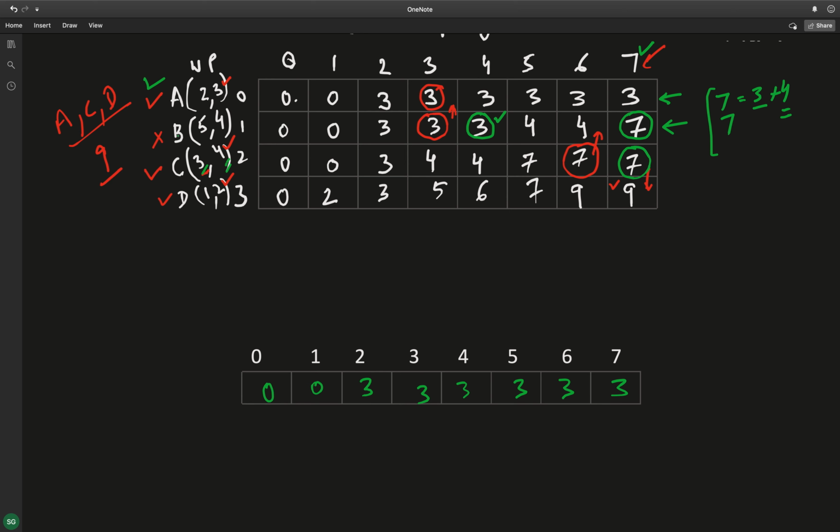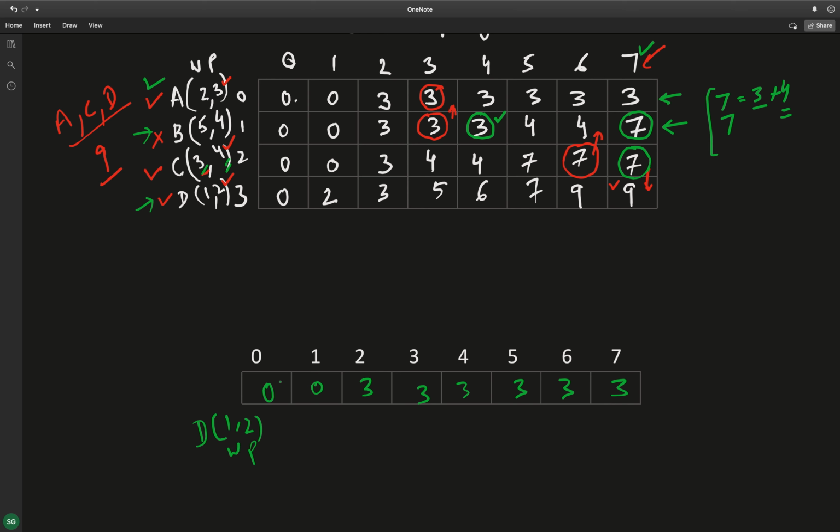Now let's take another example. For example, now we are filling for item D. We can fill that in any order, so order doesn't matter in this case. You will see some videos on YouTube wherein they have first sorted these items on the basis of weight. That is not required. You can fill this table in any order of the weights. So now we need to fill this for D, which has weight 1 and profit 2.